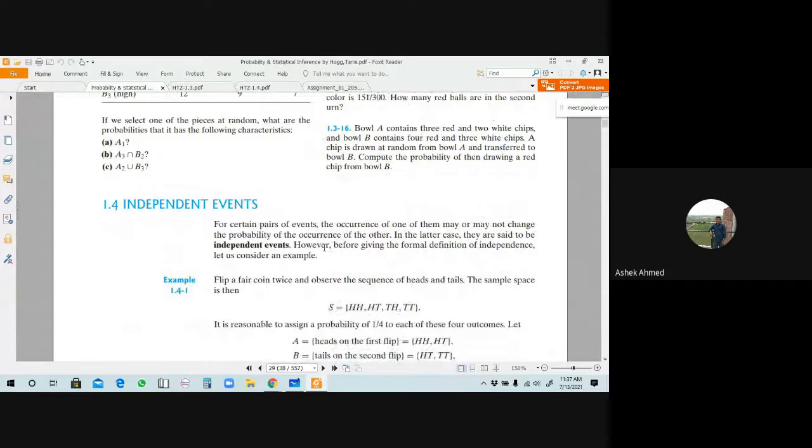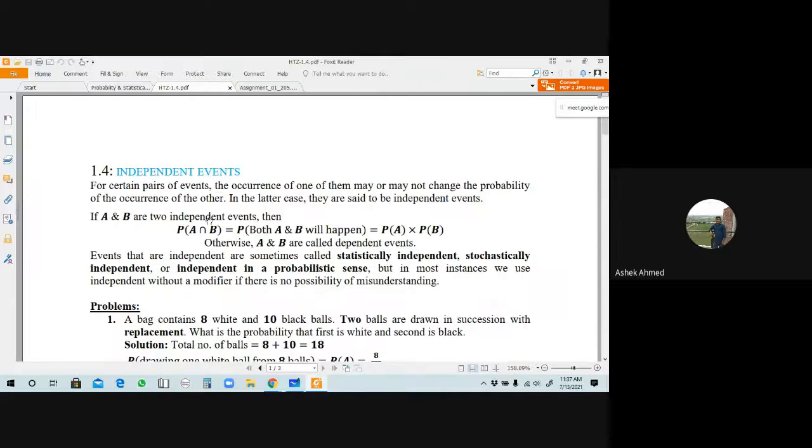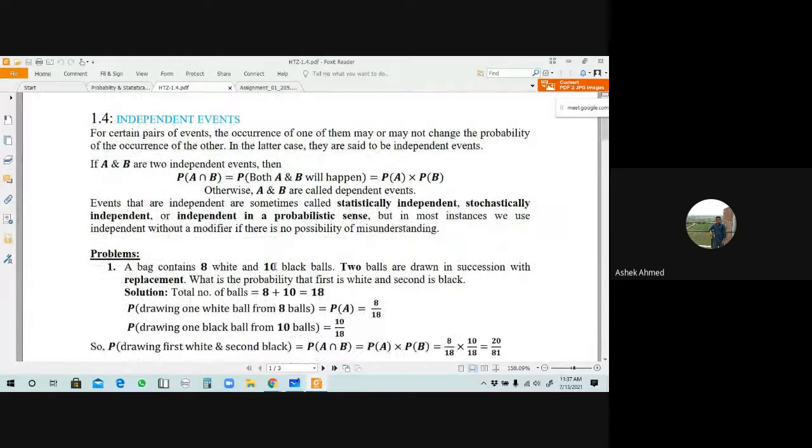In the next topic is 1.4 independent events. Okay, this is also very important topic for us. What do you mean by independent event? For certain pairs of events, the occurrence of one of them may or may not change the probability of occurrence of the other. একটা ইভেন্টের যদি প্রবাবিলিটি অন্য কোনো ইভেন্টের প্রবাবিলিটিকে চেঞ্জ করতে না পারে,